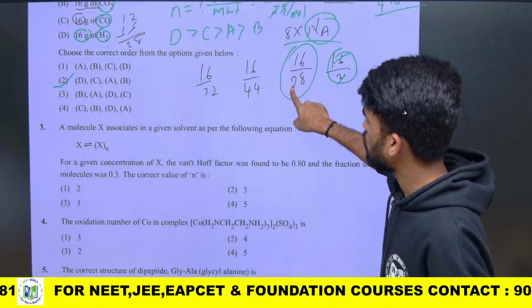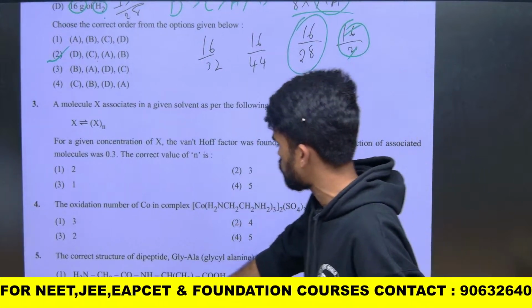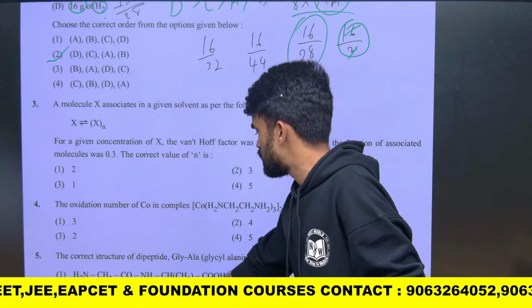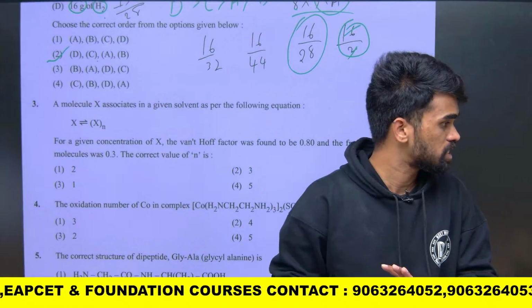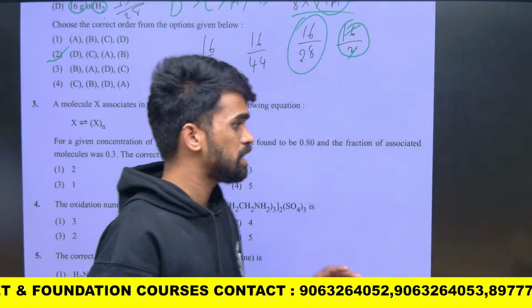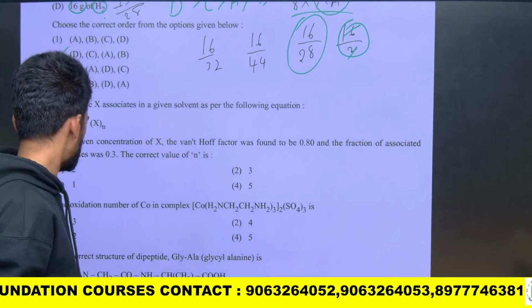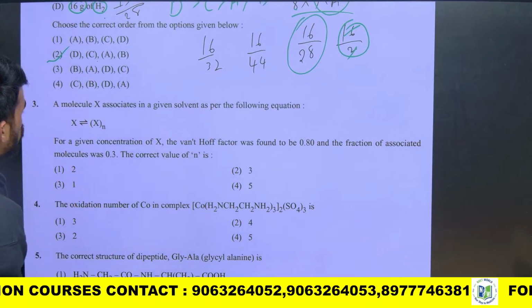Okay. So here we have a dissociation and association type of question. From where do we study this? This will be studied in the solutions chapter. We will be seeing this in the solutions chapter. So what is it saying here? So whenever we have